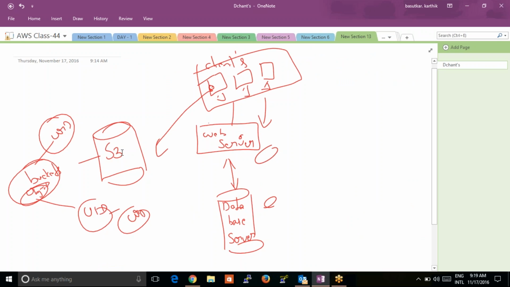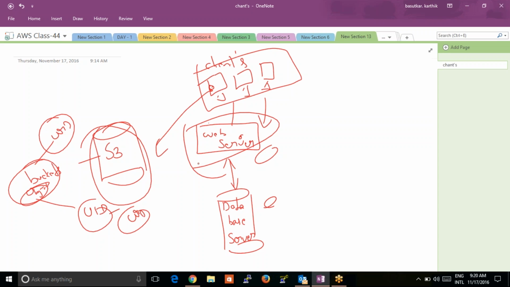So the developer, he'll write a code such a way that whatever the uploads of .mp3 formats or video formats or documents, he'll upload all the objects in this object storage, so that you will reduce the burden on the web server, you will reduce the burden on the web server's traffic, processor, memory. So basically your web server now works only on serving the website to the clients. So all the uploads and the downloads will be handled by the S3 object storage, and your web server knows